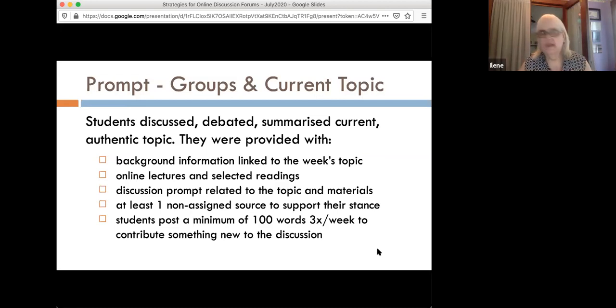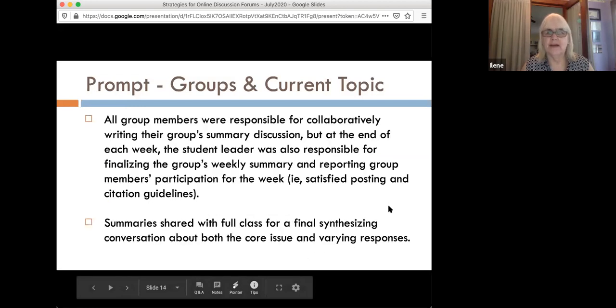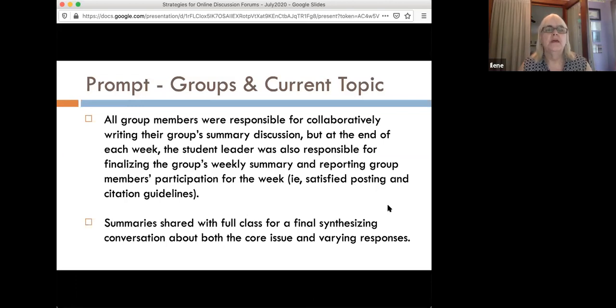So how does all this get managed, you might be asking? You know, what's the teacher's role? That's a lot to do. Well, what's lovely is that Amy's thought about how to have students learn how to collaborate and provide leadership. So all group members are responsible for this collaborative writing. And the 3 times a week, 100 words is to build the ideas that they will share in a collaborative